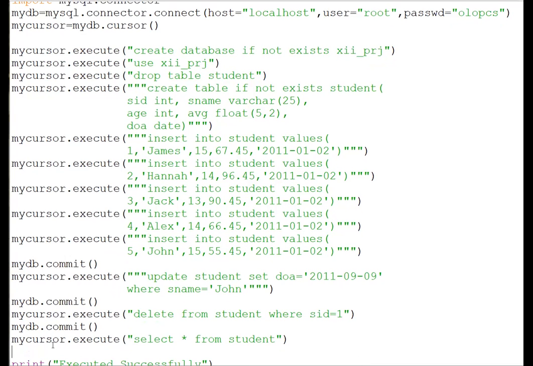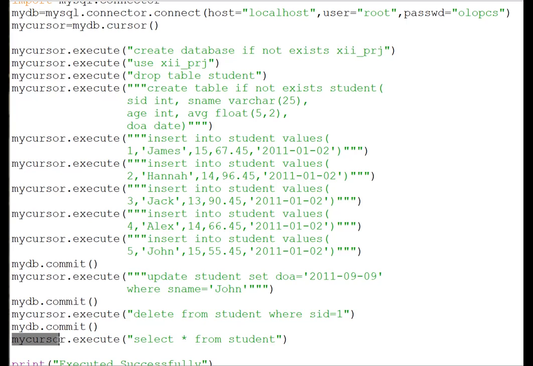Once I have done this, I'll be getting all the information, and that will be in my cursor. It means the complete table will be in my cursor. So first of all I have to fetch the records. For fetching records with my cursor, I can use three functions. First is fetch all, second is fetch one, and third is fetch many.